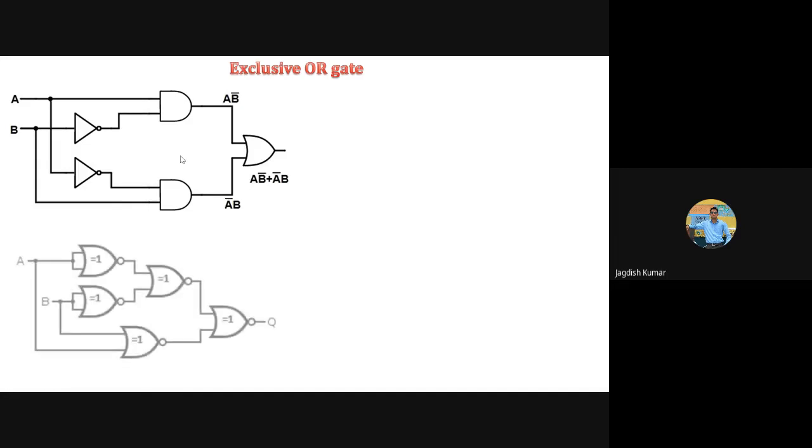Then there was another implementation. Now the question is, how is this implementation equivalent to this one? Here is where we will be using those Boolean algebra theorems. What is this gate saying to you? This is nothing but a NOT gate. This is a NOR gate. When both the inputs of a NOR gate are shorted and fed to a single input, then that becomes a NOT gate.